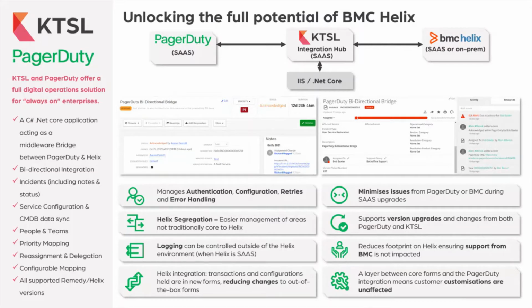We will then show an incident being logged from BMC Remedy, or Helix as it is now branded, and how this instantly goes into PagerDuty. We'll also look at ticket routing, logging, allocation and acknowledgement and escalation, and we'll show this from both sides, from Remedy to PagerDuty and back again. We'll then finish with a quick look at the config forms, which highlight just how configurable and simple the integration